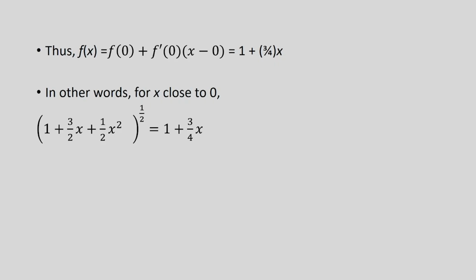So, f(x) is equal to f(0), which is 1, plus f dash of 0, which is 3 divided by 4, multiplied by this x term. So, this is the particular expression that I needed to find out. In other words, if x is very close to 0, remember we are approximating around the point 0, then this function can be approximated by this particular form,